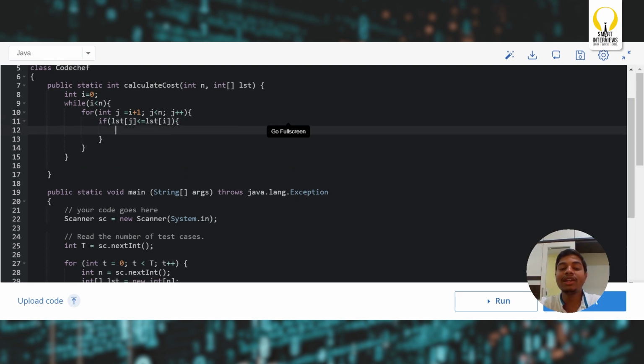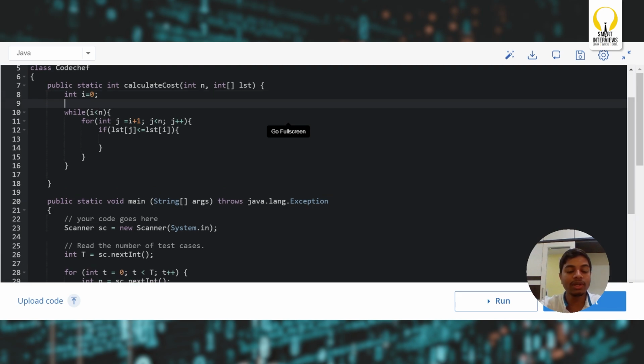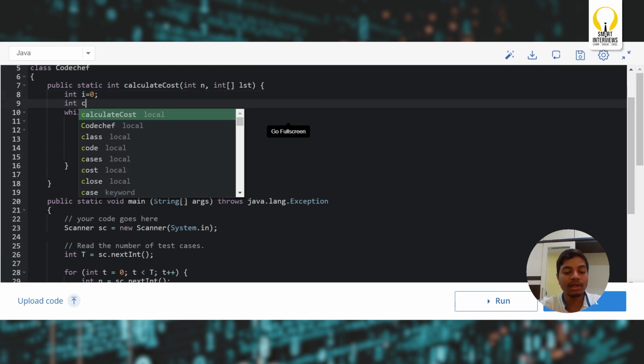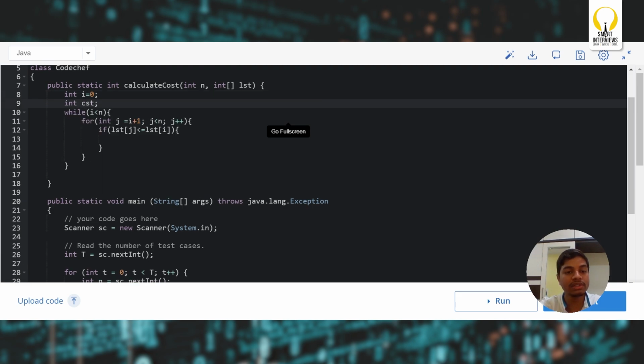Yes, I got a value from the source to which I need to move. So if I want to move to this particular value, it costs me some value. Let us take a variable that actually holds the cost, int cst indicates cost. So what is the cost that it actually takes to move to this particular lst of j? Yes, let us say simply cost